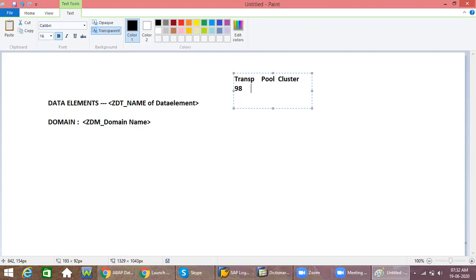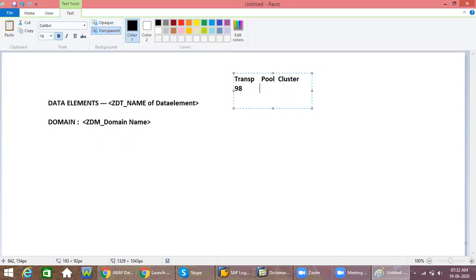Only 2%, mostly when it is BI related, we rarely create pool and cluster. But as a developer, you need to know how many types of tables are there and how to create them. In my 6 years of experience, I never created pool tables or cluster tables, only while giving trainings.